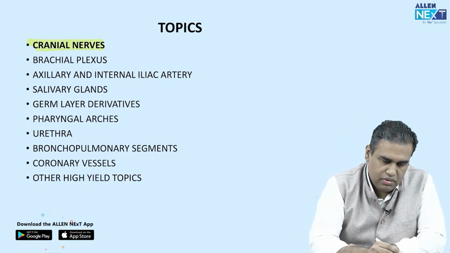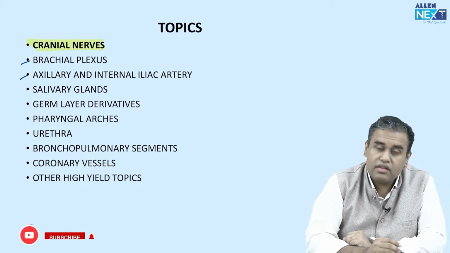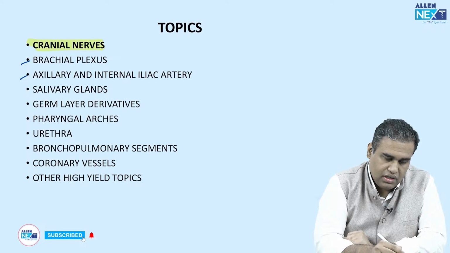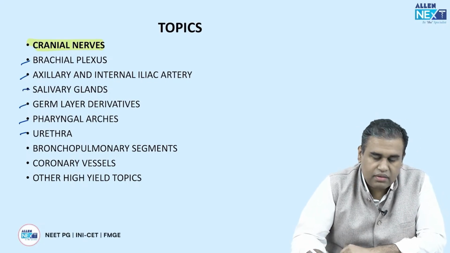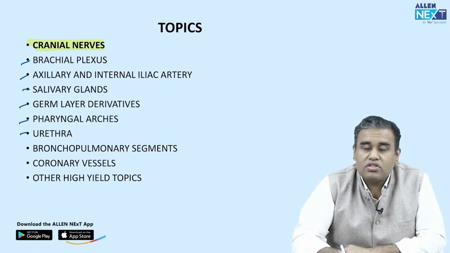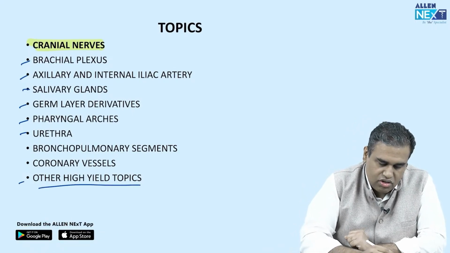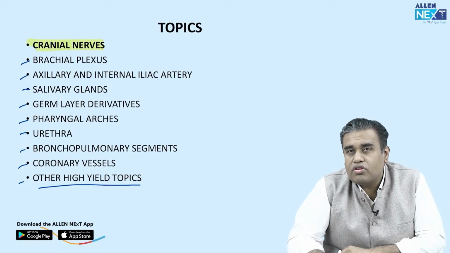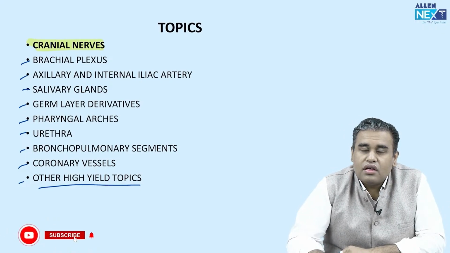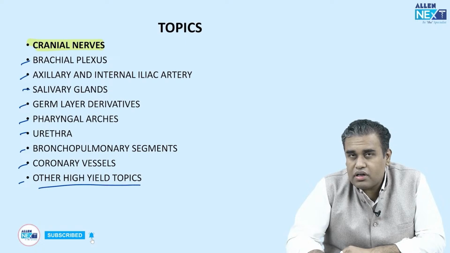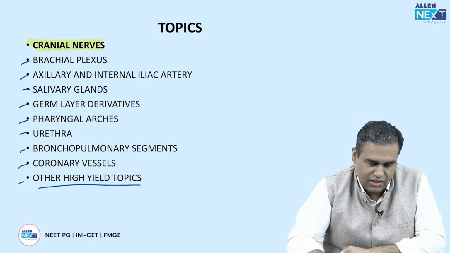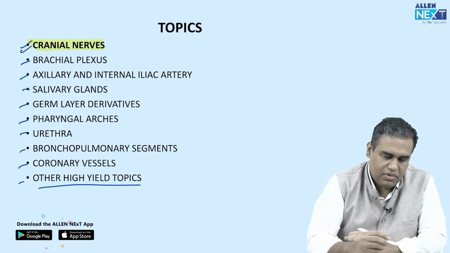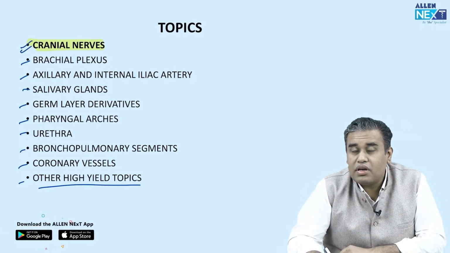Apart from this, we will also be discussing a few other important topics like brachial plexus, the arteries, salivary glands, then the germ layer derivatives, the pharyngeal arches, urethra, bronchopulmonary segments, coronary vessels, and we want to stop over here. There will be other high yield miscellaneous topics apart from this. So this is going to be a high yield session. Nearly all of the high yield topics will be covered here with a few MCQs just for your practice. So let's start with the most common topic, the most important topic and most commonly asked,